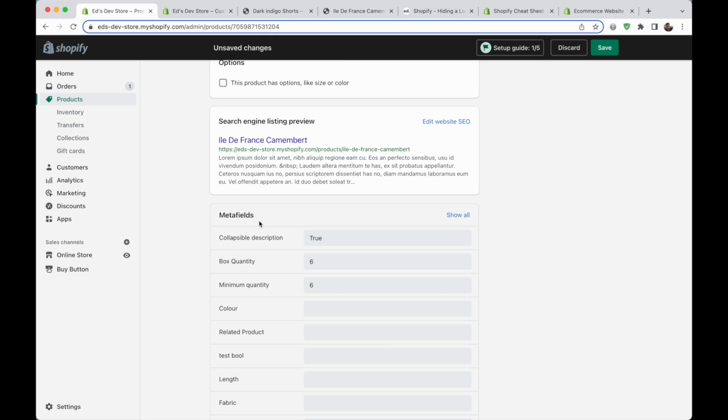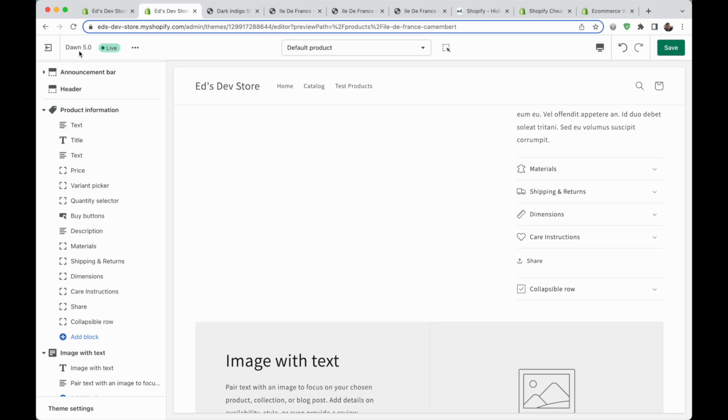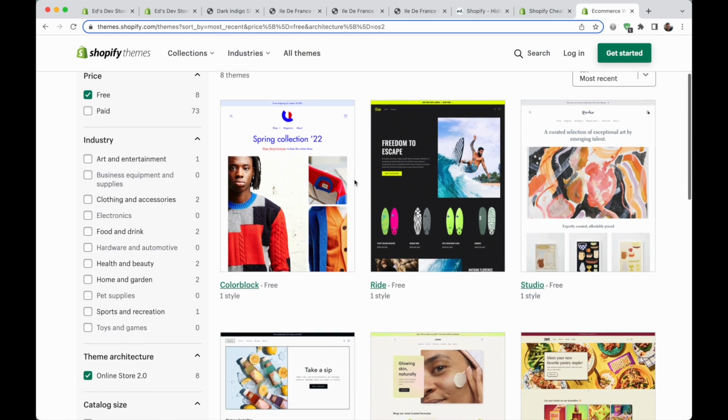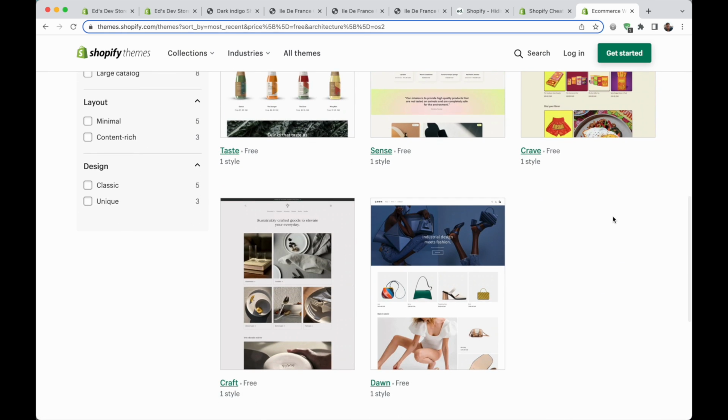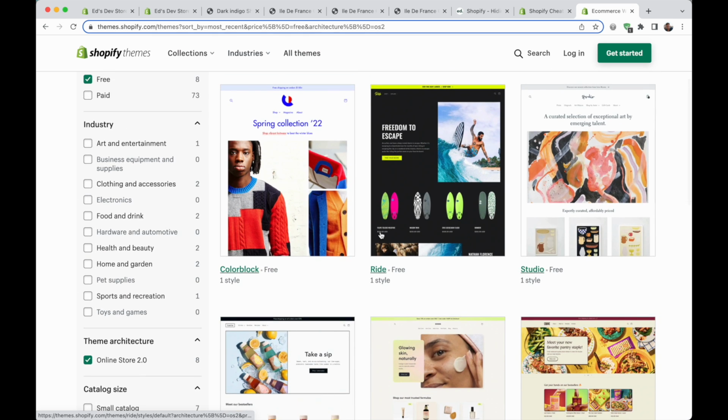So if you're interested in one of the features of Shopify 2.0, which is Metafields, this will also be a small introduction to using a metafield in a real life scenario. I'm going to be using Dawn, right? You'll be able to follow this tutorial exactly if you're using Dawn or if you're using any of the free Shopify 2.0 themes, right? Like Dawn, Craft, Crave, Sense, all of these, they have the same code,